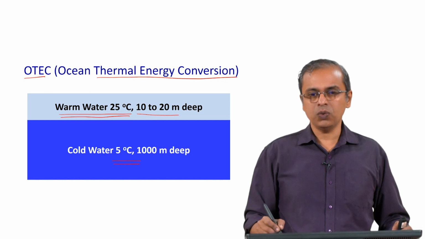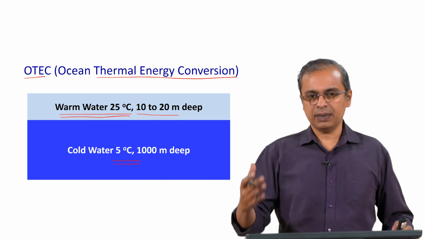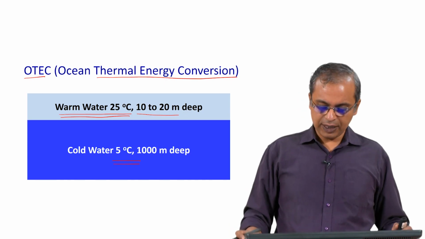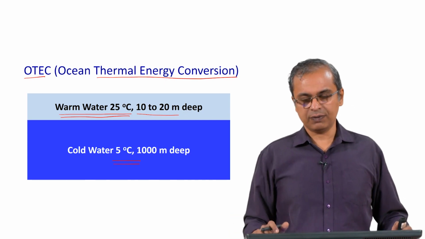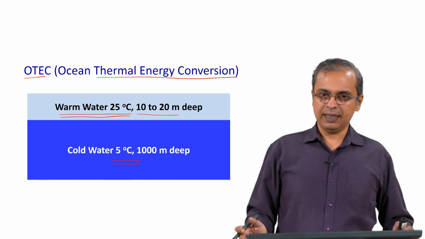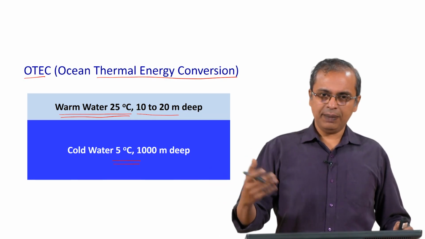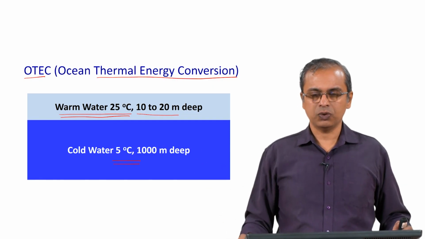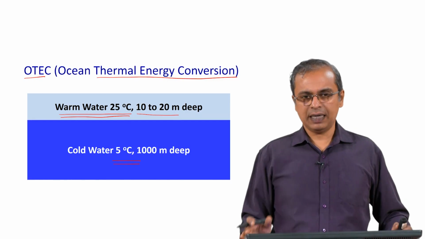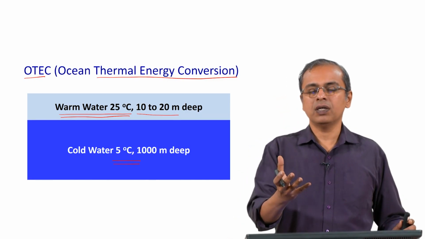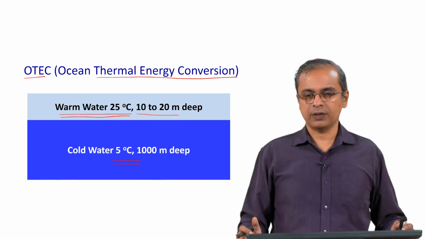If you take these two and you run a heat engine based on this temperature difference, you can generate electricity. That is basically the idea here. They will typically pull out water from deep below, and pull in water also from the top, and then they run this heat engine, and then the averaged out temperature, which will be around 16 degrees C or something, is then pushed back into the ocean. This is the general idea. We can maybe look at it in greater detail at a later point in time, but this is one way in which you can tap energy that is available in the ocean.